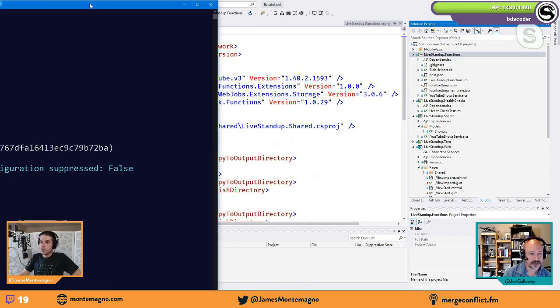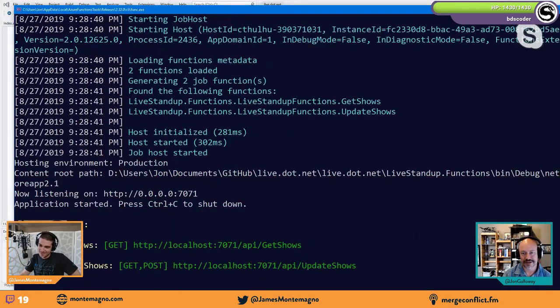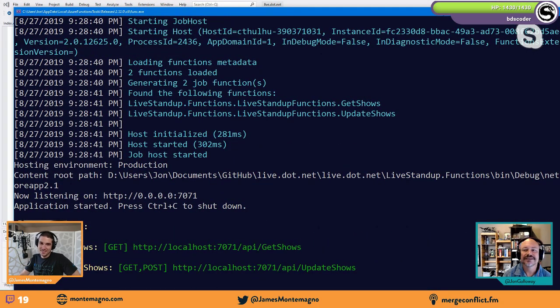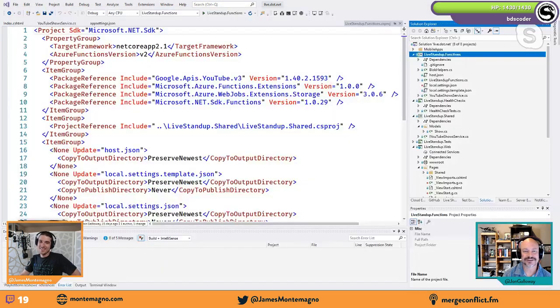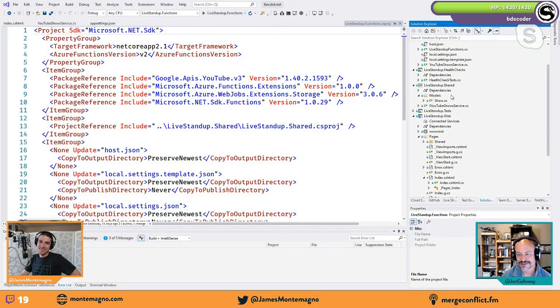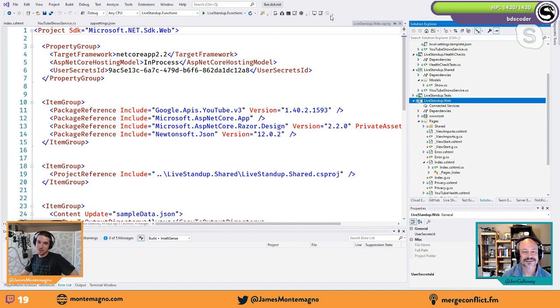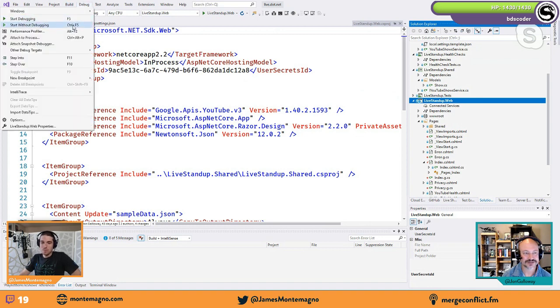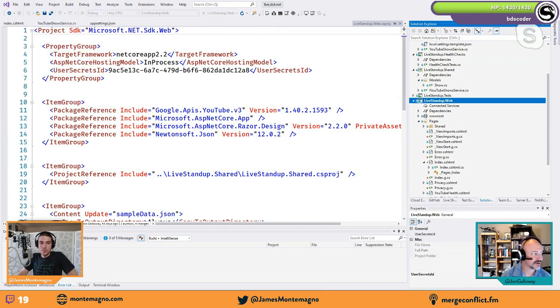I also say we broke a bunch of our unit tests. Because I knew those unit tests were going to be a problem. Should never have done that. Problem 1, have unit tests. So we'll come back to it. All right, so now debug, start with that debugging, get that website going. Because the unit tests,